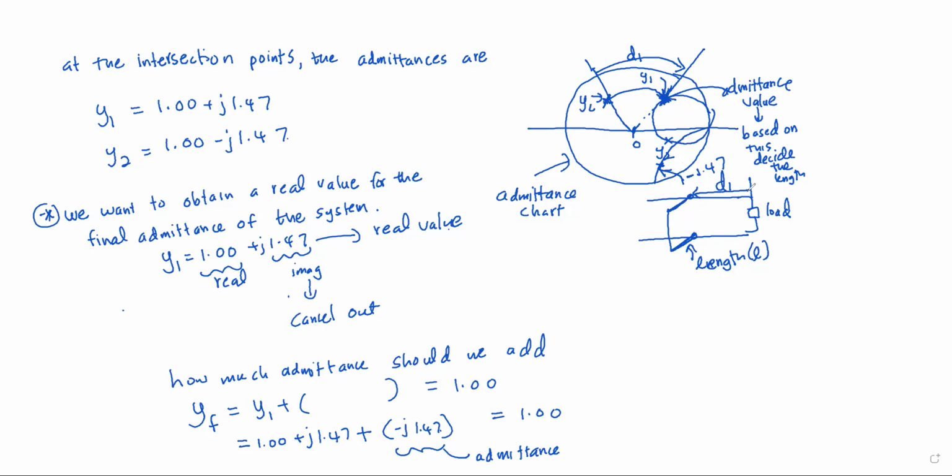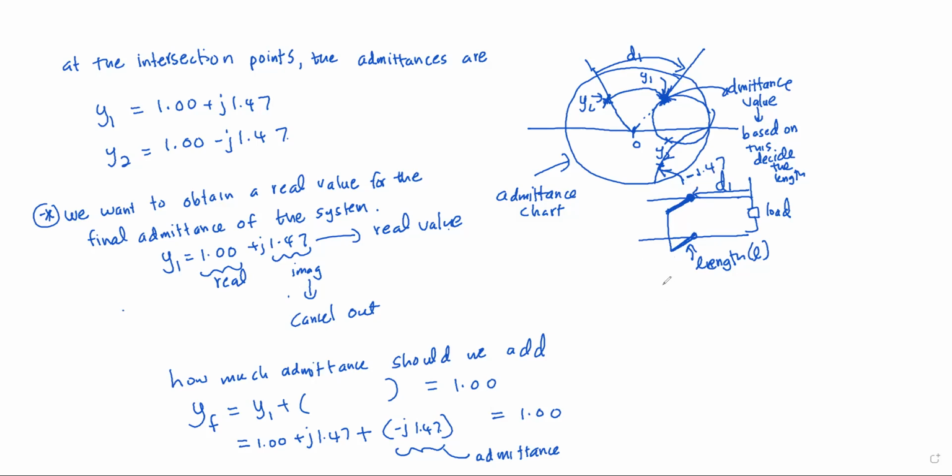Y1 point we have obtained once we go in the transmission line. Once we start from the load and go a distance of V1 up to this stop point, we have the impedance of this value. So in order to cancel this out, we are adding this additional stub with minus 1.47 of susceptance,